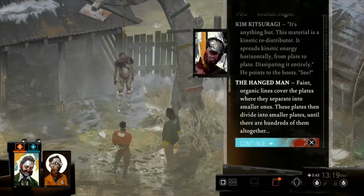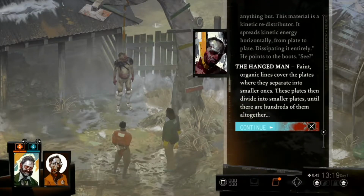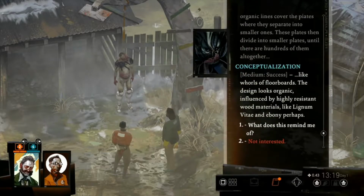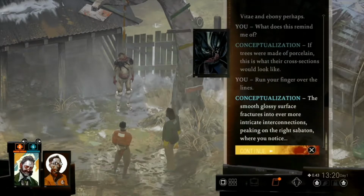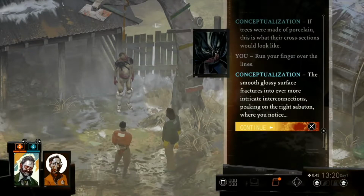See? Faint, organic lines cover the plates where they separate into smaller ones. These plates then divide into smaller plates until there are hundreds of them altogether. Like whirls of floorboards, the design looks organic, influenced by highly resistant wood materials, like lignum vitae and ebony perhaps. If trees were made of porcelain, this is what their cross-sections would look like. The smooth, glossy surface fractures into ever more intricate interconnections, peaking on the right sabaton, where you notice